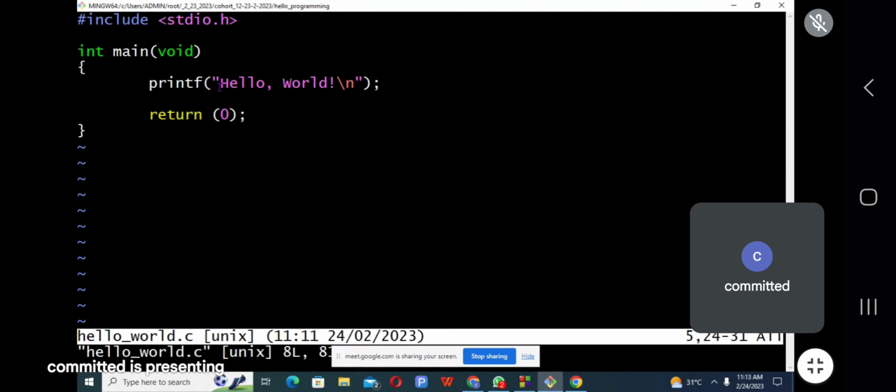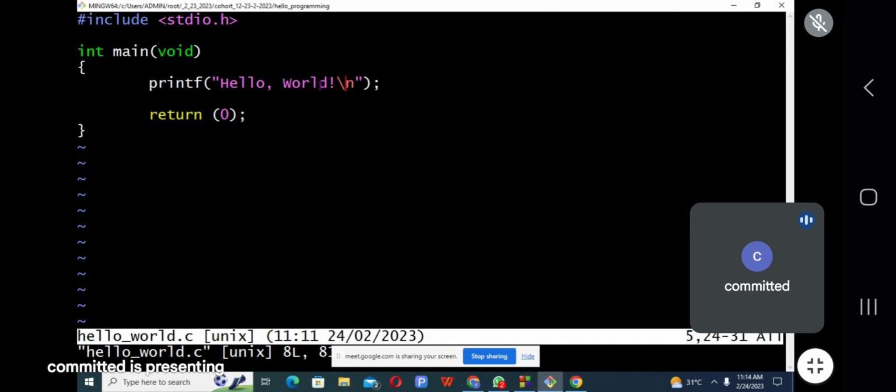Now, this your H is one character. Your E is another character. Your L is another character. This L is another character. This O is another character. This comma is another character. Your space is also a character. Your W is a character. Your O is a character. Your L is a character.